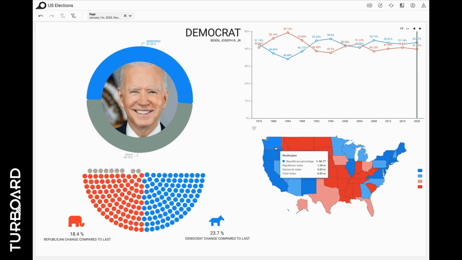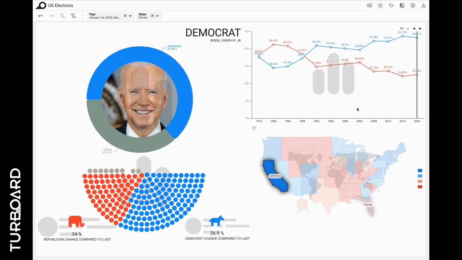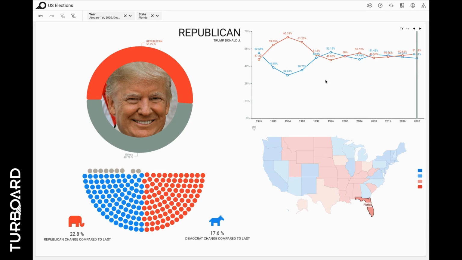For example, you may go to California to see the trends. The chart here shows consistent trends across the country. The chart line also reveals Reagan's strong performance. If we go to Florida, for example, the zigzag patterns are notable, but the chart line reveals Reagan's strong performance in Florida too. But after Bush, it seems there was an increase in Republican support versus a decline for the Democrats.